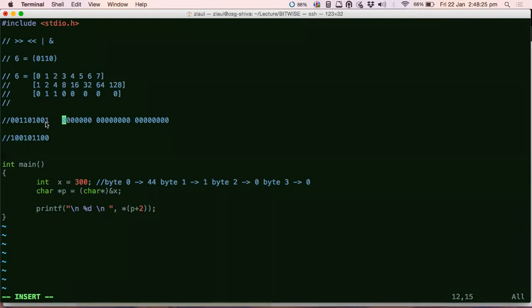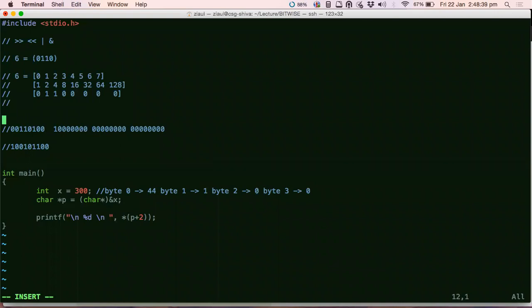For that, I'll tell you what to do. For that, you have to do this basic thing. So what is the biggest value represented by this byte? Maximum is 255. See, now what you have to do is, if you want to go in that direction, you have to do this thing.